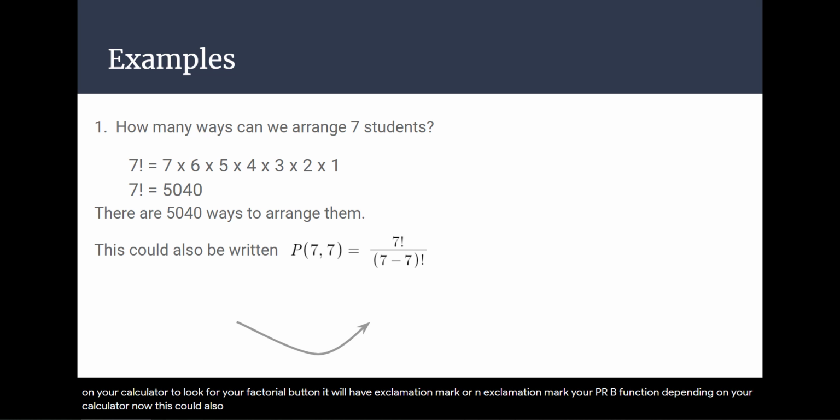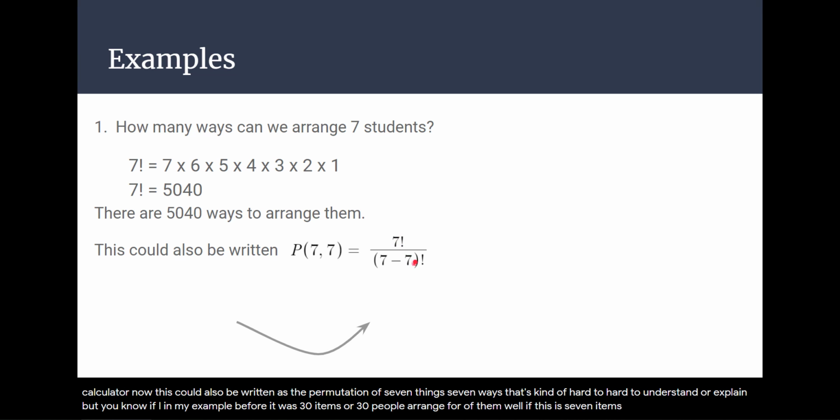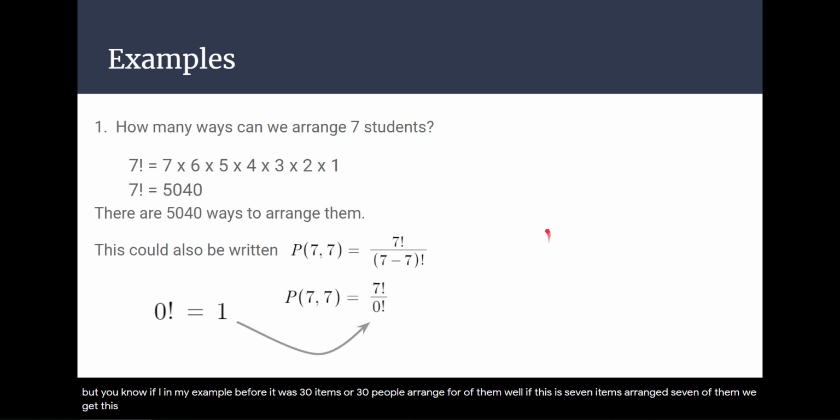Now this could also be written as the permutation of 7 things 7 ways. That's kind of hard to understand or explain, but in my example before it was 30 people, arrange 4 of them. Well, if this is 7 items, arrange 7 of them, we get this. And that doesn't really make much sense mathematically, right? Division by 0 is a math error. So if I take 7 minus 7 and I try to do factorial on it,